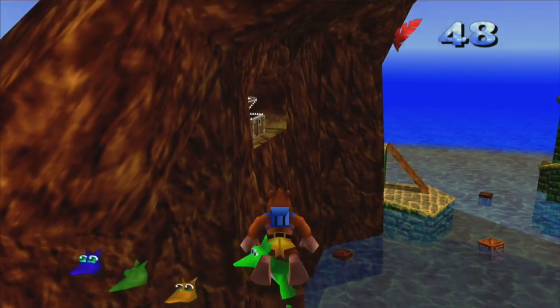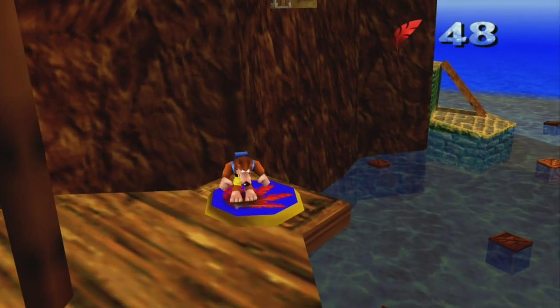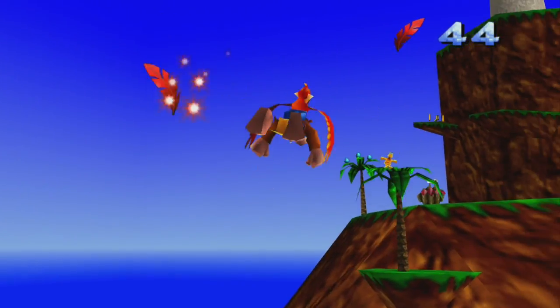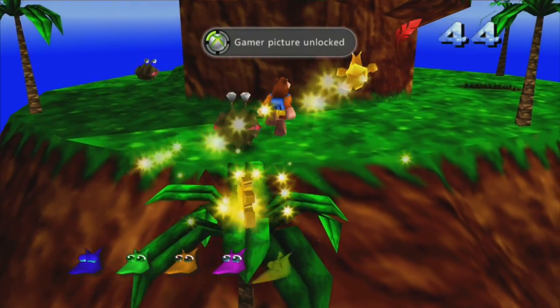Yeah, buddy. Oh, really? At least there's a flight pad right here. Oh, yeah, I got the Jinjo, it's like the first thing I did. So I'm only missing one puzzle piece from my brain at the moment. I think this might have been a completely... Like, you couldn't fly up here in the...